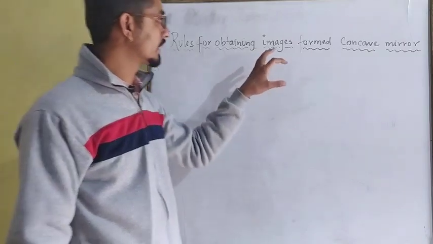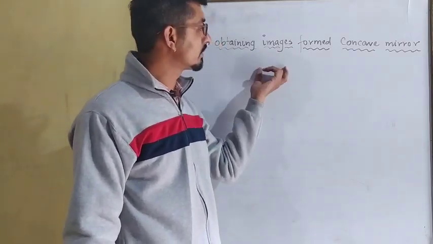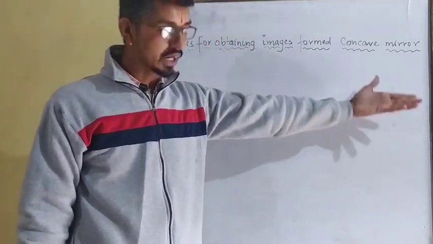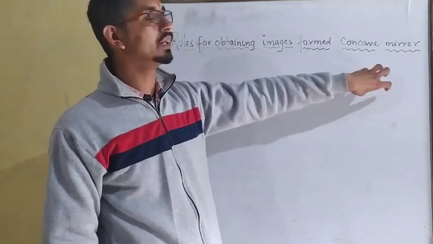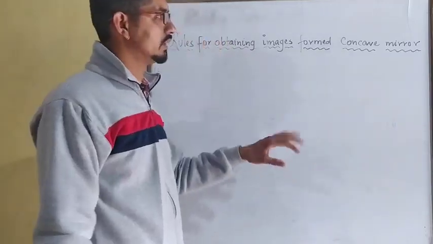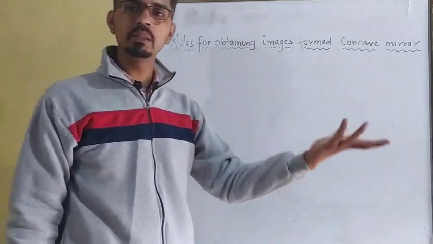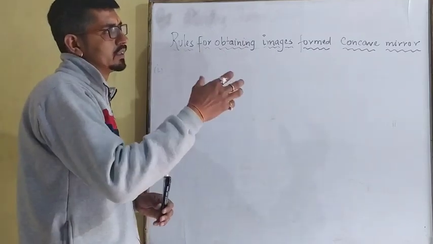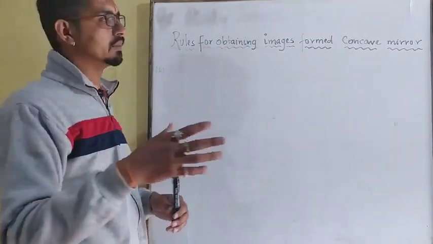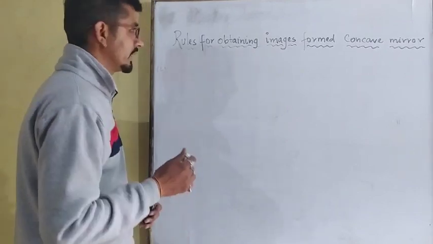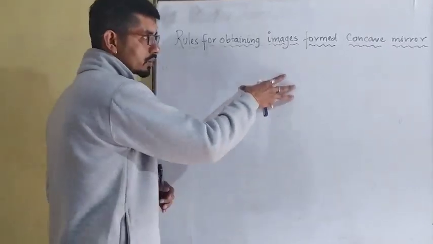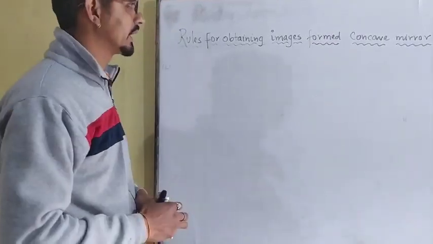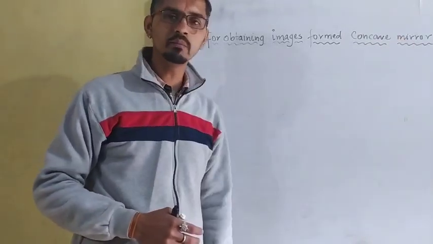Here we will learn the ray diagram, that means images formed by concave mirror, then convex mirror, then after refraction, lenses, concave lens and convex lens. And if the rules come to you, that means you will know all the rules. Okay, the mirror and lenses, the rules will remain the same. Some rules are the same. So it is very easy: if we understand the rules of concave mirror and convex mirror, then for refraction, that means the ray diagram of lenses will become easier.